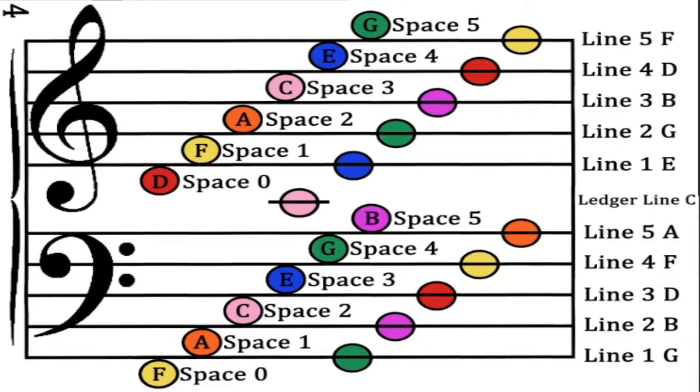Before we move on to page 5, the Grand Staff Quiz, let's take another look at the alphabetical trick and see if all of our notes line up with the musical alphabet. We will be starting on the F this time in the bass staff. Moving to the next letter in the musical alphabet, our G. And starting our alphabet all over again, A to B, C in a zigzag pattern, D, E, F, G, A, B, crossing over to our C,